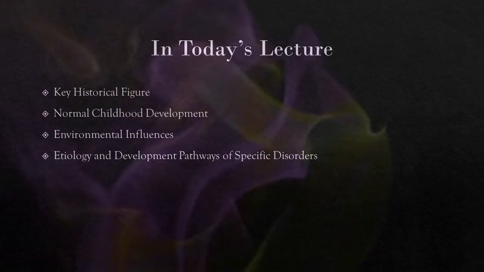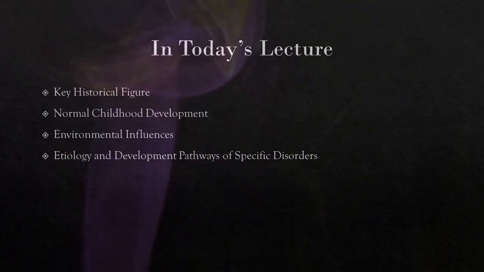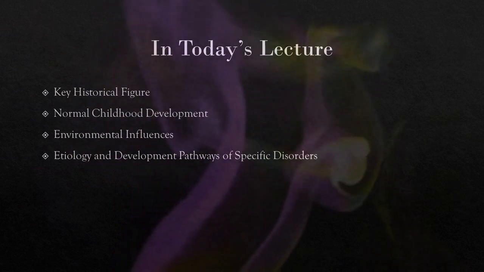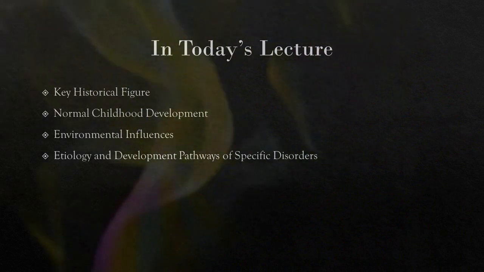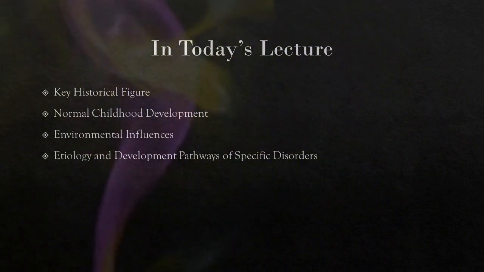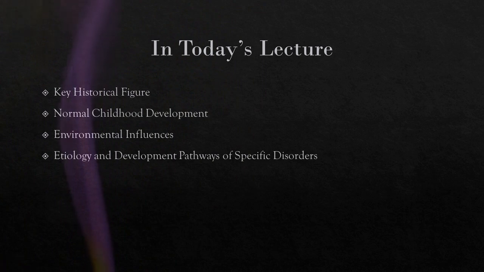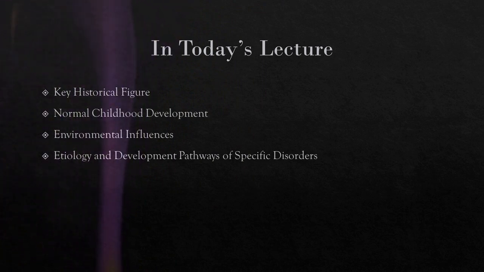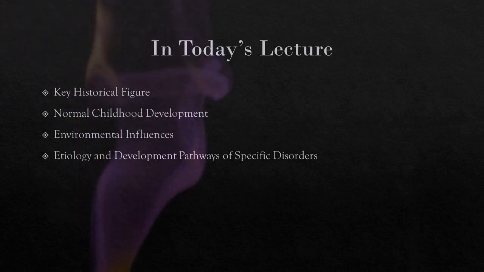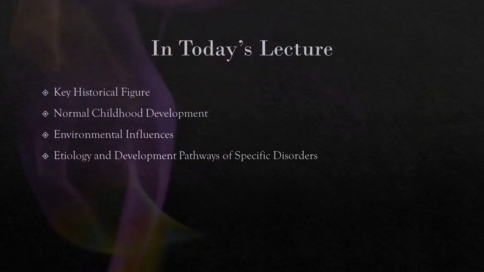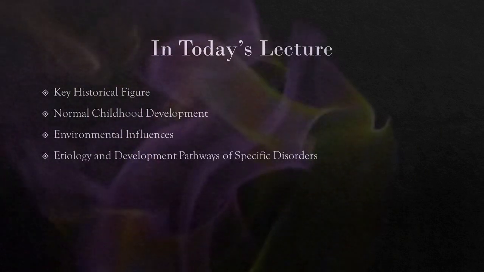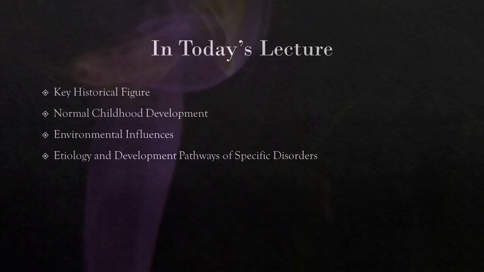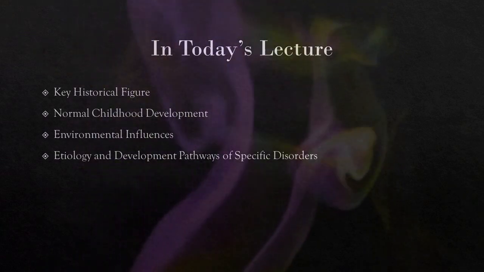We will then move and begin to look at some environmental influences. And by exploring the environmental influences that contribute to the development of childhood disorders, we can better have a sense of what we can do to protect children from negative consequences. So things like family dynamics all the way through to societal influences will be things that we look at and consider how they shape a child's psychological well-being and susceptibility to disorders.